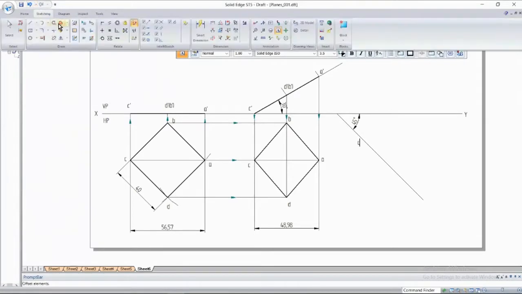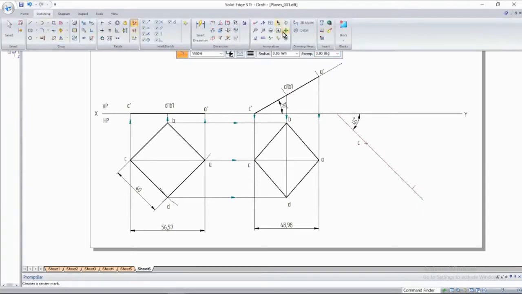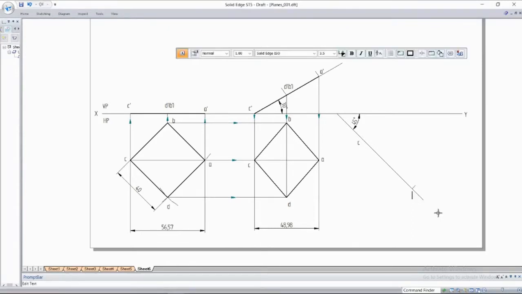Then use your compass. Measure this length AC, that is the apparent length. From this point, take this apparent length and cut an arc. So this is your diagonal AC, which is inclined at 45 degrees. The apparent length of a diagonal is inclined at 45 degrees. Now you got C and you got A. Now you have to obtain the other two.